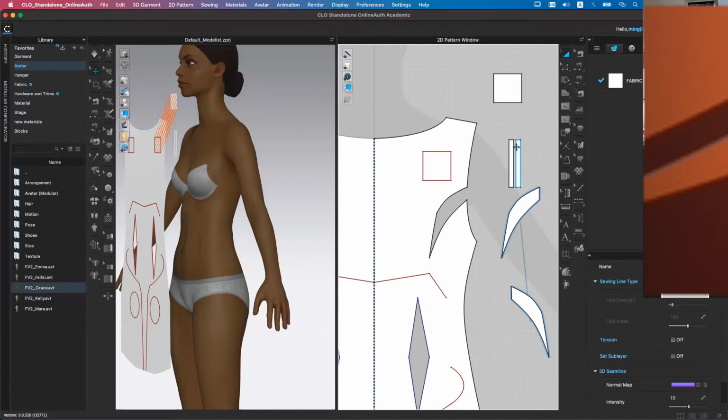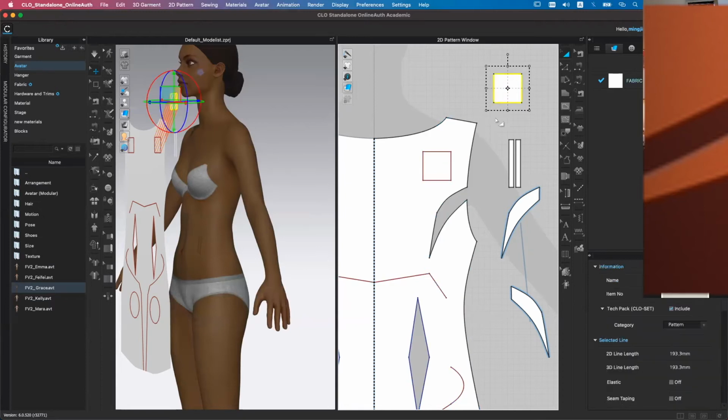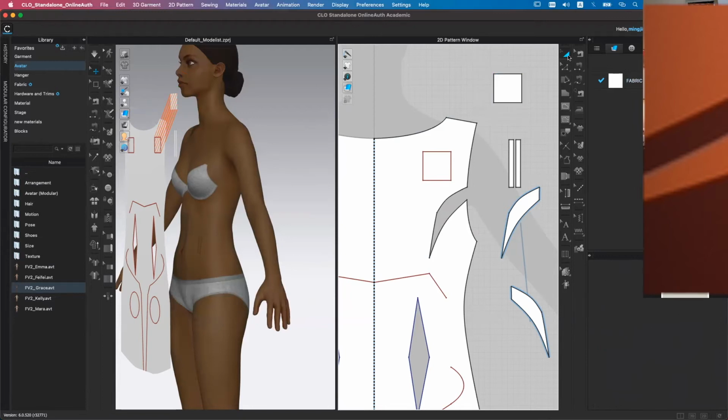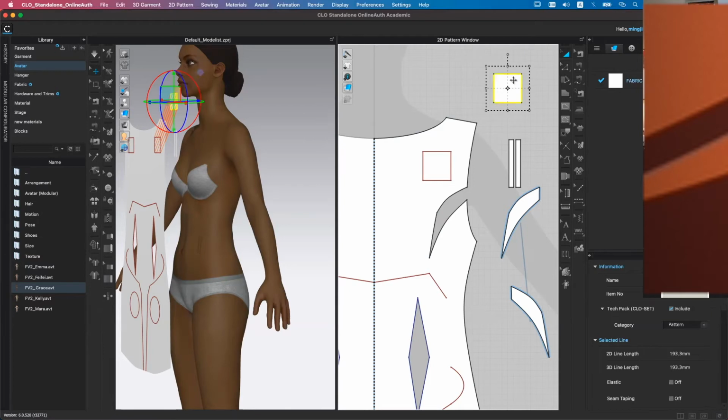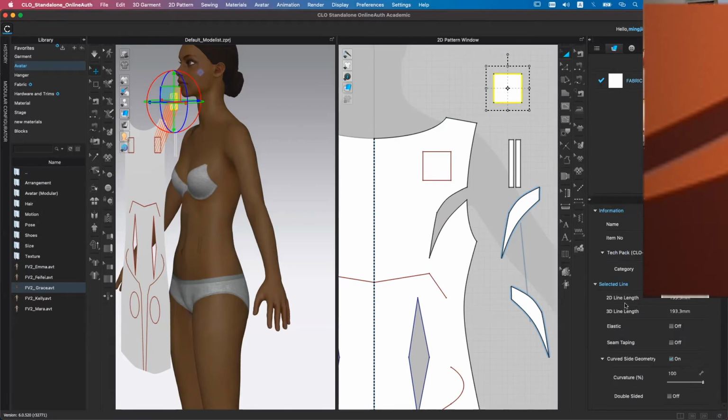Yeah, so you just need a line to sew onto. Yes, thank you, exactly. You just need the line to sew onto, and actually it doesn't have to be the same kind of line. For instance, if you use this transform pattern tool and click this pattern and enter this property editor, you might